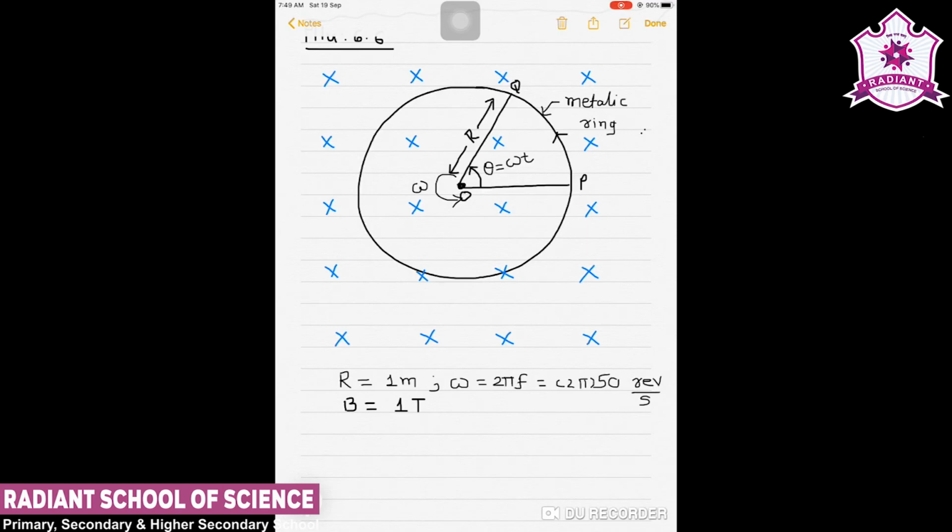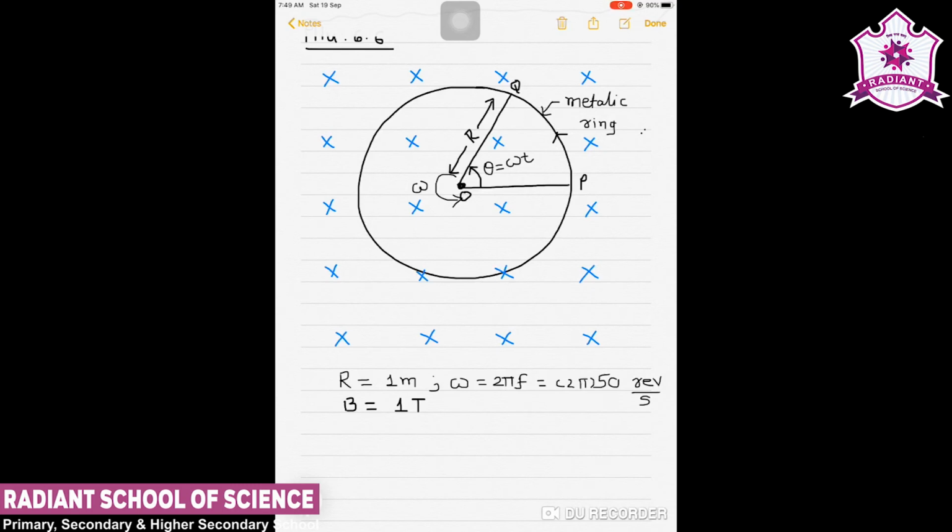Now due to this, we can say that the negatively charged electrons are experiencing force towards the end of the rod which is near the ring, and therefore the electrons are moving towards the ring. Now at a certain value of EMF, there is no more flow of electrons and a steady state is reached.